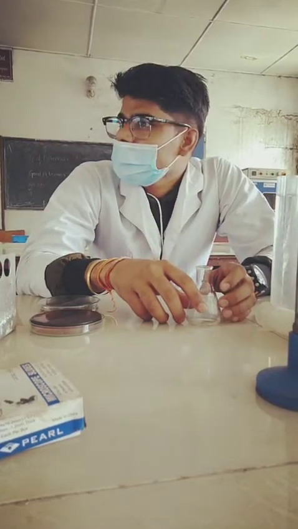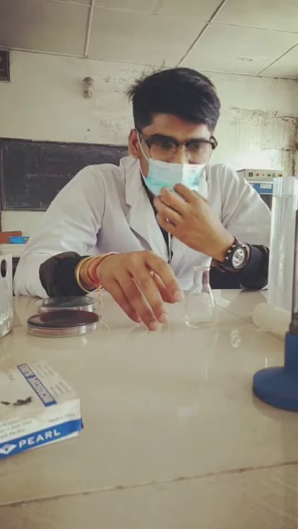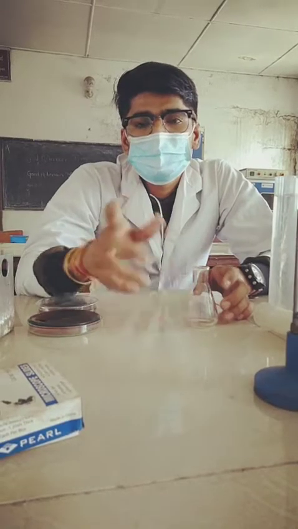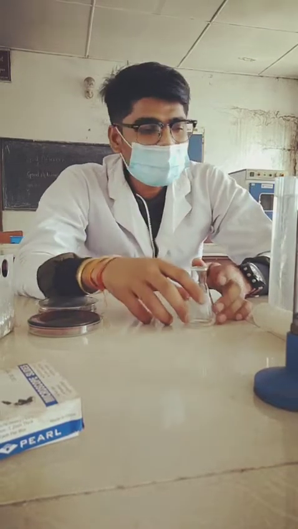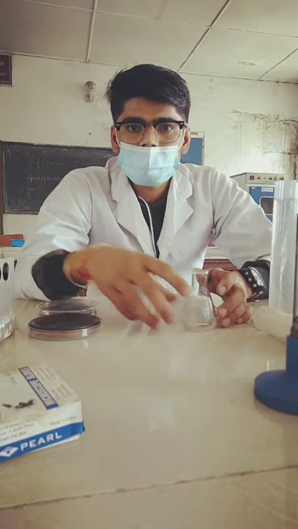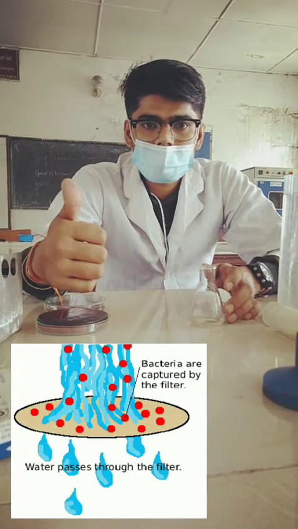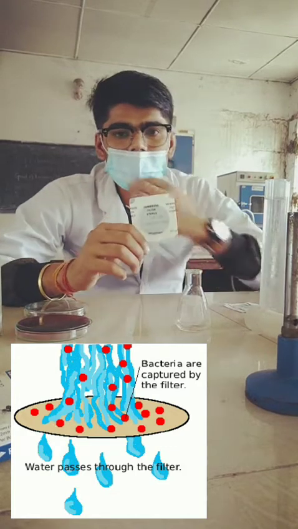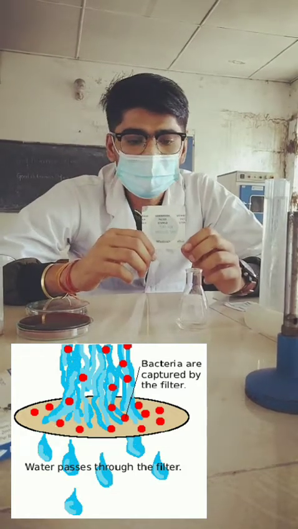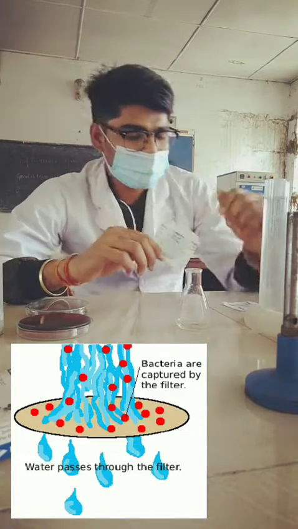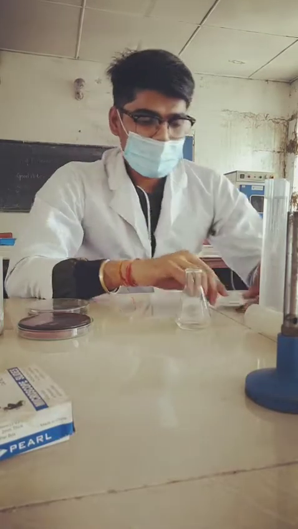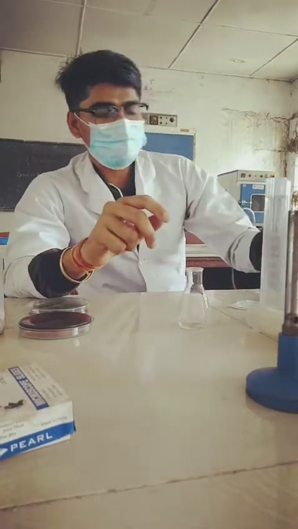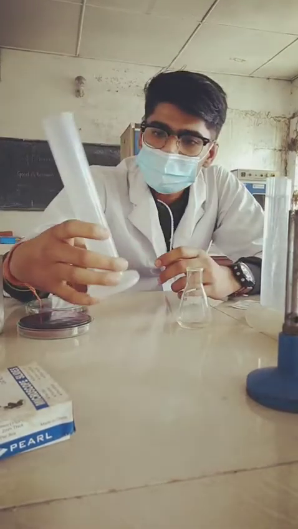Membrane filtration is just a basic technique of filtration. The only difference is that the filter paper used is a membrane filter. This is our membrane filter. The pore size is 0.45 nanometer actually, sorry, micrometer. Today, this is the sample tap water we have taken in a measuring cylinder